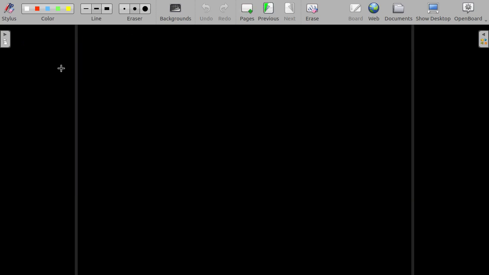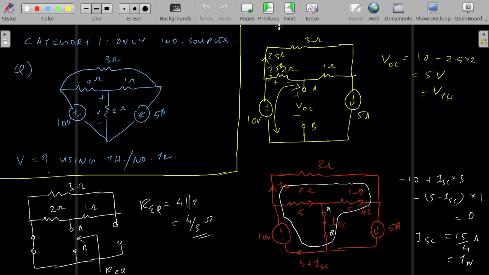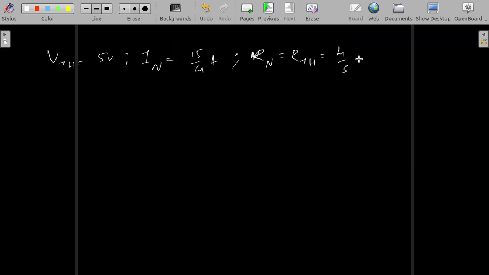So we have VTH equal to, how much is VTH? 5 volt. We have IN is equal to 15 by 4 ampere, and we have RN is equal to RTH equal to 4 by 3 ohm. Okay, now let's draw Thevenin. Okay, 4 by 3 ohm,